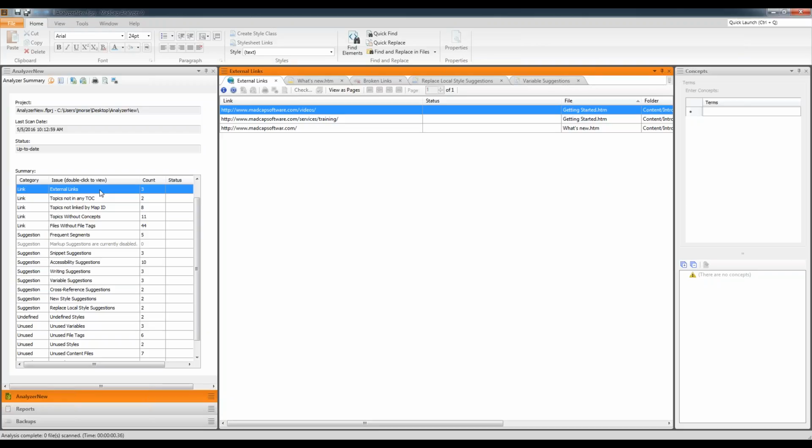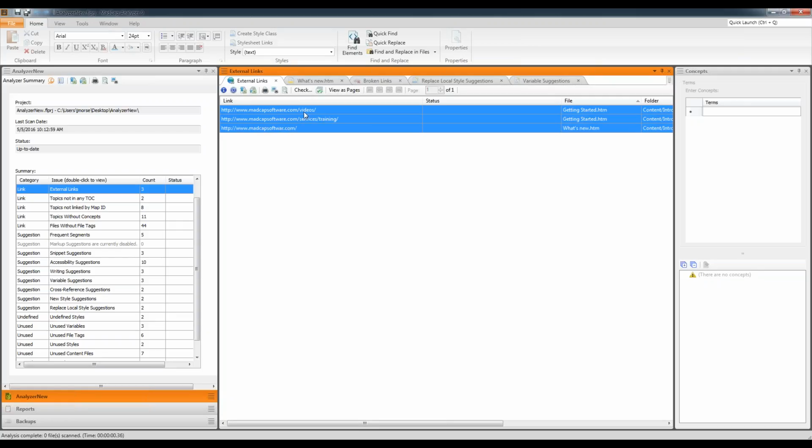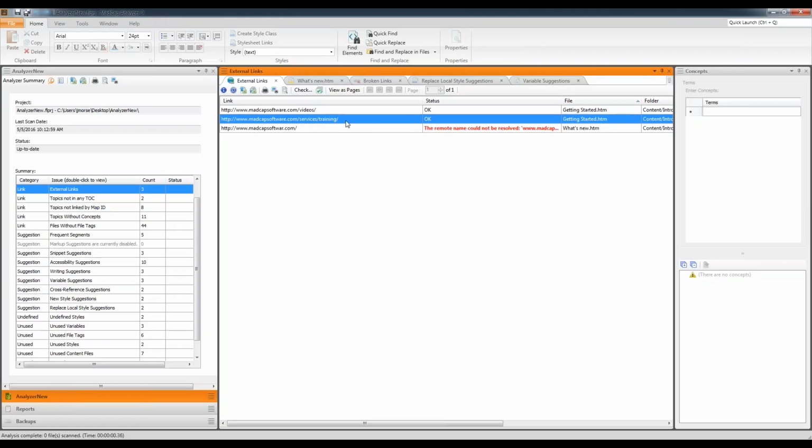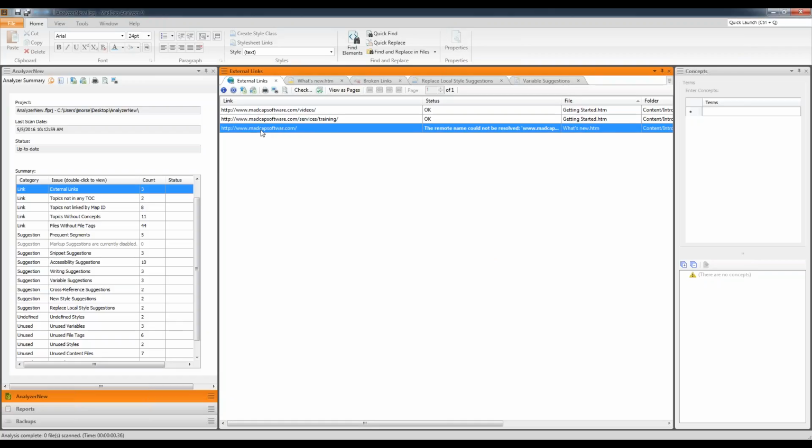So one easy thing you can do is, obviously you can take a quick glance here and see, but I can select multiple links here at a time, and there's this little check button here. And when I check it, it's going to go through a quick scan, and it's going to say, yep, that one's all right. Oh, I've got an issue here. It couldn't be resolved. So I can see that I've got a problematic link, but if I didn't know, I could double click it,